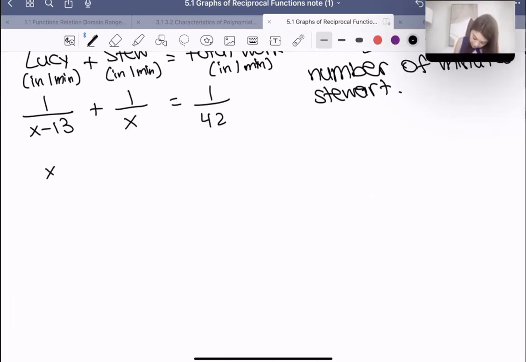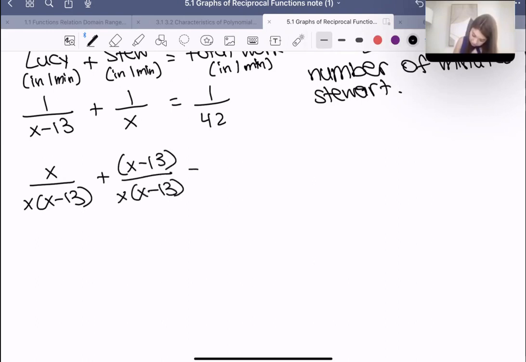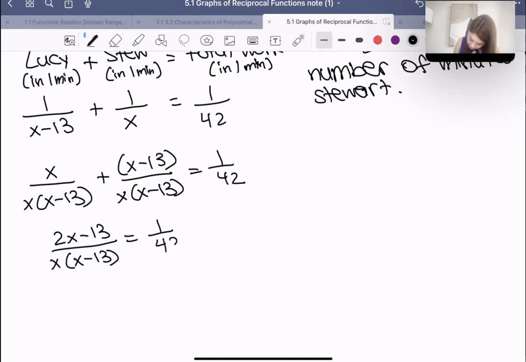So over here, I'm going to multiply everything by x, which is wonderful. And over here, I'm going to multiply everything by x minus 13. Okay. And then here we're going to have 2x minus 13 over x minus 13